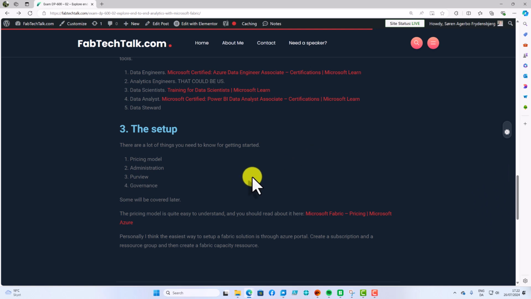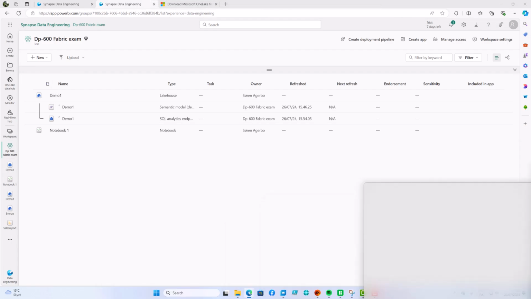Great. I will give you a demonstration now. So I will remove this one. And first of all, I told you that OneLake is the most critical part in Fabric because this is our common data platform where we store all our data. So when we have 100% implemented Microsoft Fabric, then we have all our data somehow in OneLake.